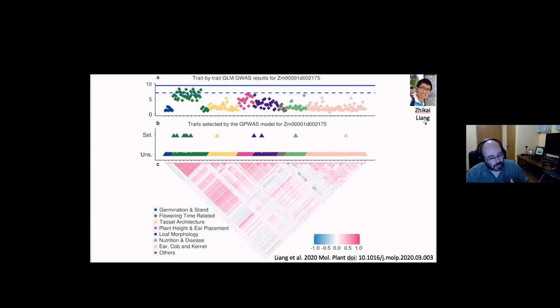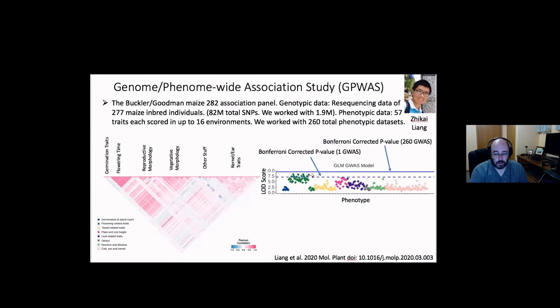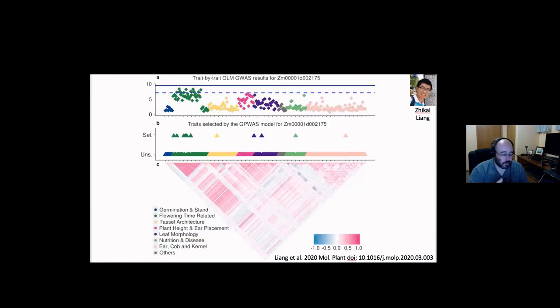It tests for essentially the association between that gene and phenotypic variation of any sort, and then identifies a set of phenotypes associated with that genetic variation. So for this particular gene, where no one phenotype was significant, when you conduct a combined analysis using both multiple SNPs and many traits, we identify sets of phenotypes that are selected, and the